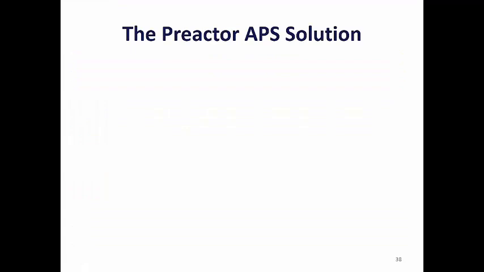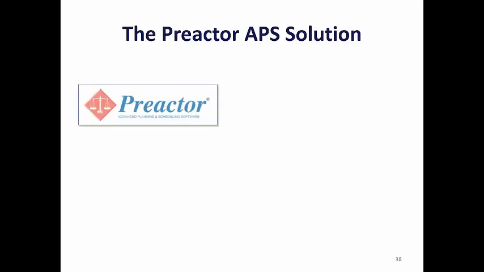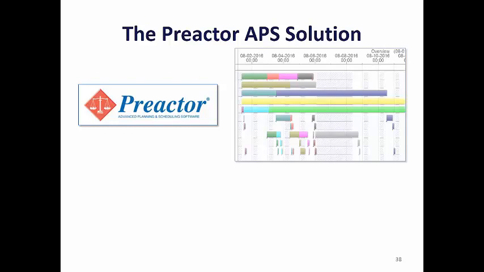Here at PMC, we have chosen to promote, to resell, to configure Preactor because we see it as the best-in-class APS solution. It is offered by Siemens. It produces Gantt charts and plots and other outputs that allow the production control team, that allow the scheduler to understand what the baseline schedule is, to make modifications to that baseline schedule, and then ultimately, when it's ready,